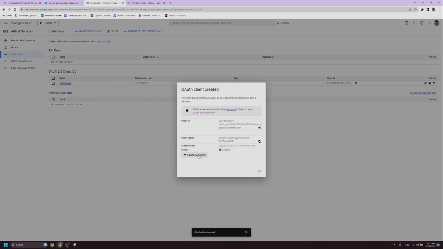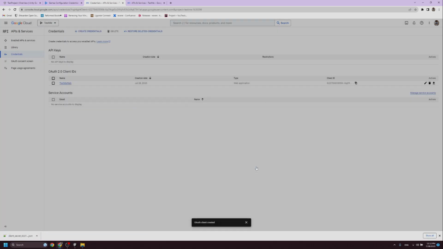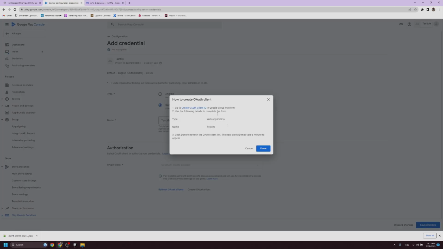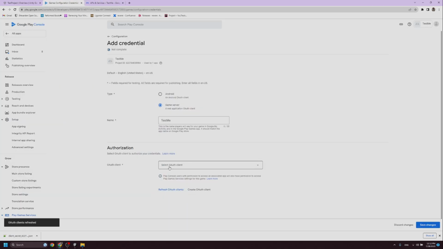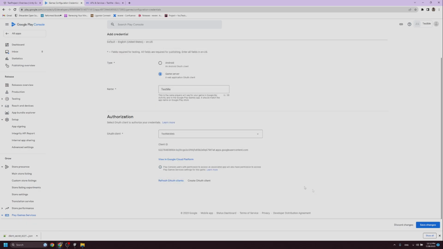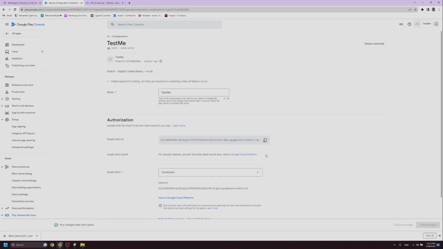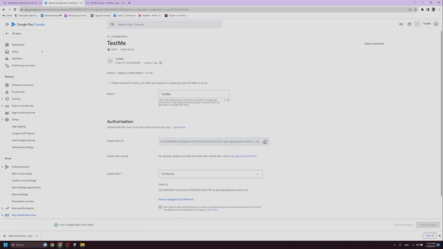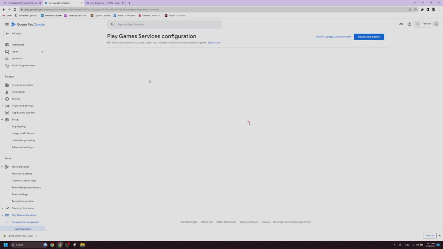Make sure that you download the JSON. Close this, close this, close this one. Done. Refresh OAuth clients and back into where you've created the web application, add the test me web and save changes. And now if you go back to configuration,